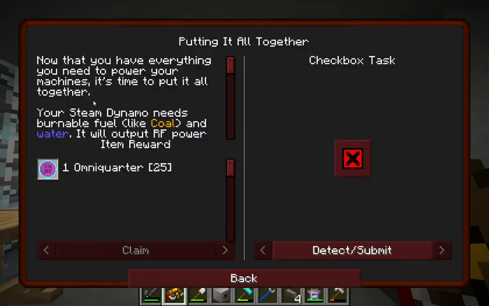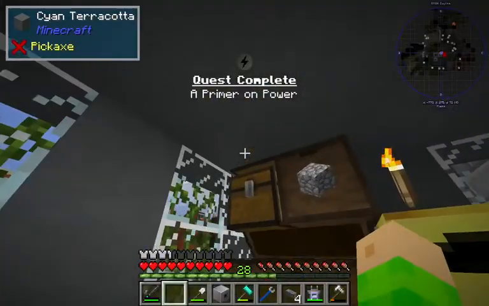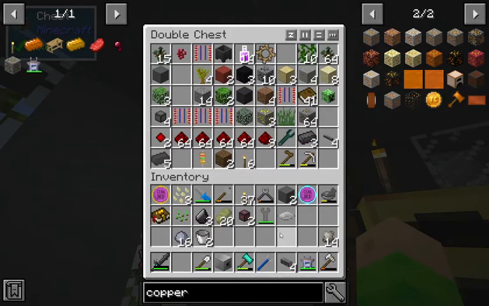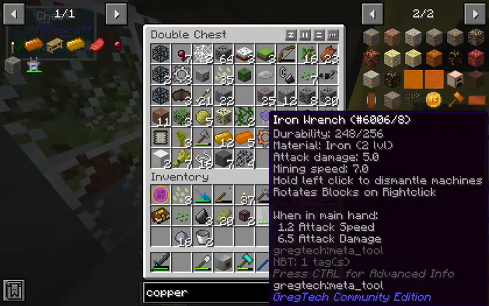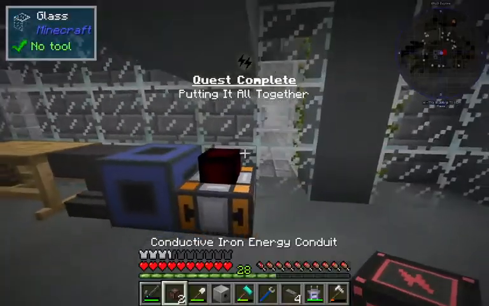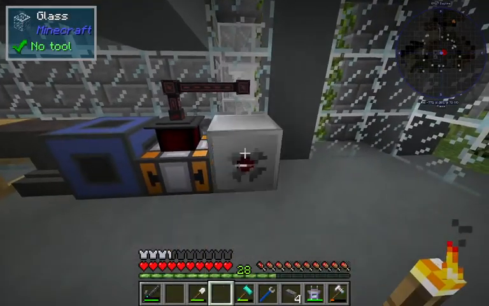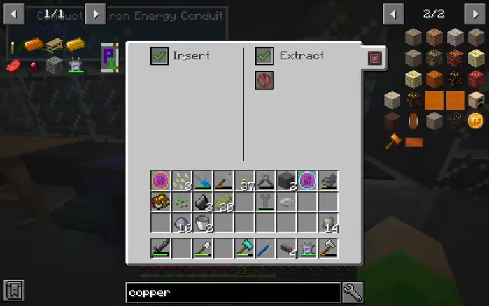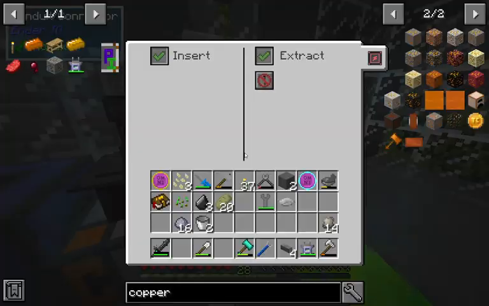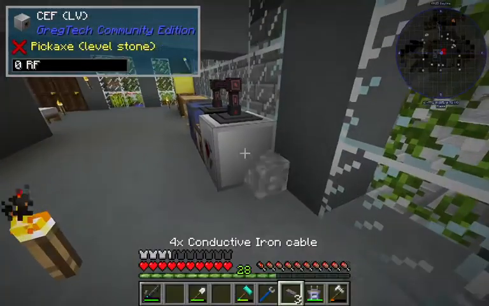Putting it all together. Now that you have everything you need to power your machines, it's time to put it all together. Okay, so I'm going to put it all together now, and then we can do the things later in the next episode with the actual machines. So these two conduits are conductive iron energy conduits. The energy always comes from above. We can hook it up like this, and we can just put that extract and insert. If I place these 4 cables like this,